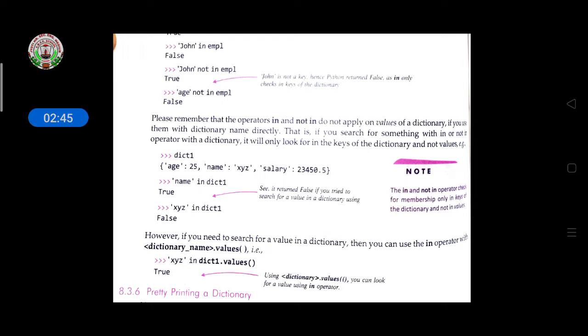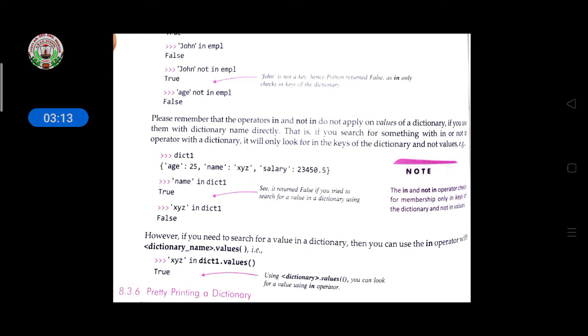For example, if dict 1 is the dictionary name, here age is given, then name is also given here, salary is given here. So if you are calling name in dict 1, it comes to true. Then xyz in dict 1, it comes to false.